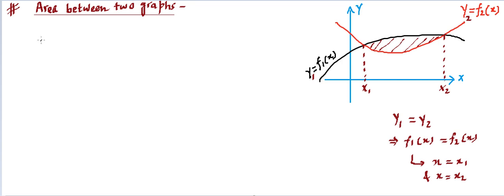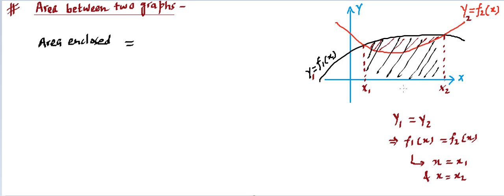So we can say area enclosed is going to be equal to, can we say, the area under the upside graph? If we are trying to find the total area of the upside graph with the x-axis, it is going to be this one. And if we are trying to find the total area of the downside graph, that's going to be this one. Now if you see the two shadings that I have made, if we subtract the later one from the earlier one, you will get only that which is enclosed.